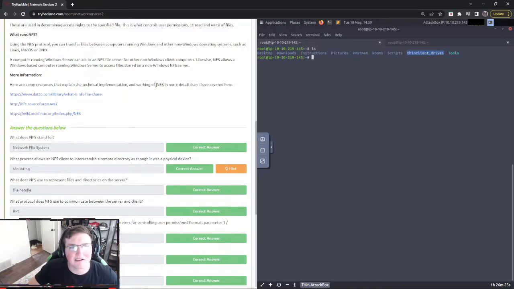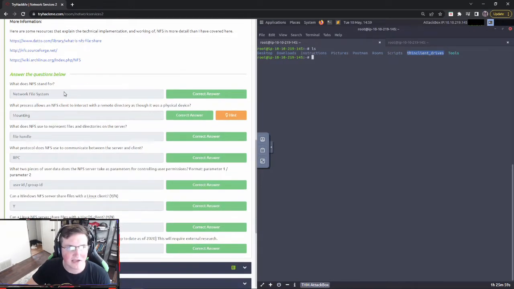Let's say you see NFS running on a machine, and it could only run on Windows. It can run on everything, but let's say it could only run on Windows. Well, now you know that has to be a Windows box, right? That's the importance here, because then you know it could be Linux, Windows, or whatever. You have to keep that in mind, because the operating system makes a huge difference in how you're going to approach things too.